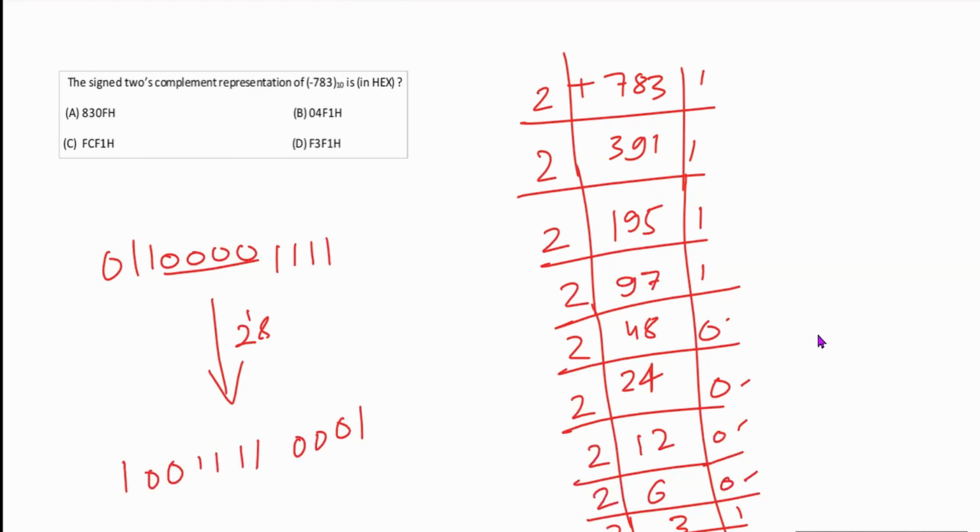Okay, so now I need to convert this into hexadecimal form. For converting it into hexadecimal form, I need to pair 4 bits. So there are only 3 bits, and I know that I can extend this one, because this is 2's complement signed representation. Okay, this one is in the hexadecimal number system. This is your 1. This is all ones, that is your F, and this is 1 1 0 0, your C.